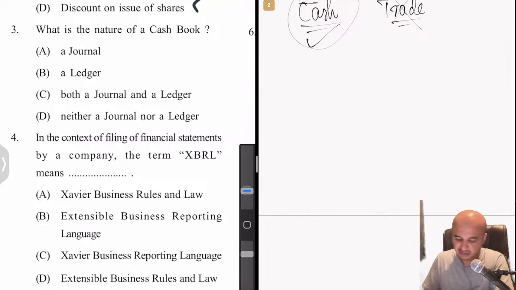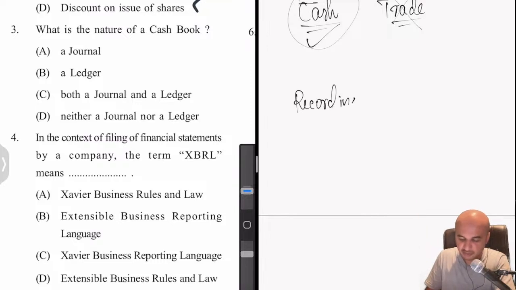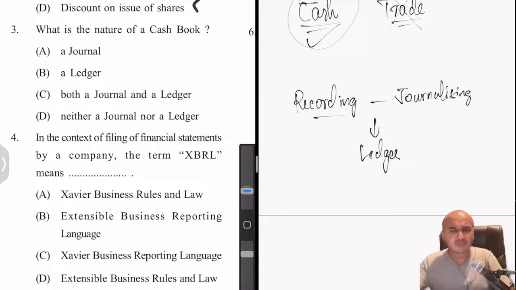It is not like still water, it flows. How does it flow? It starts with, of course, recording. Even before recording, we have to identify, but that's a different thing anyway. Recording is nothing but journalizing. So first, whatever it is, we record it as a journal. From there, it goes to the respective ledger. Because of computerized accounting, whether it is Tally, SAP, whatever it is, all we do is pass a journal entry and it gets posted to its respective ledger.